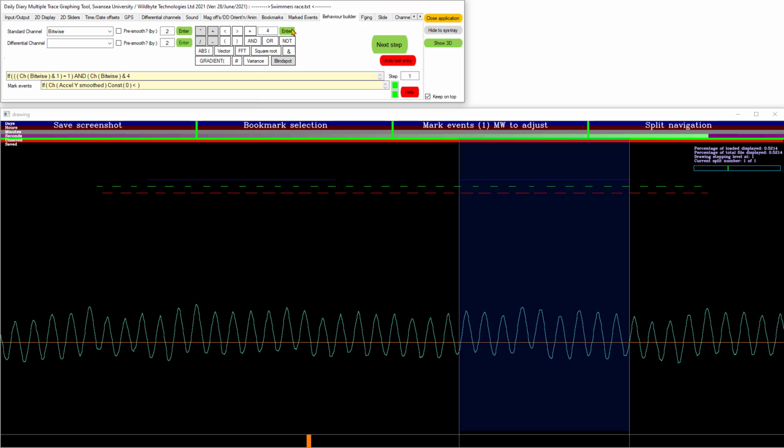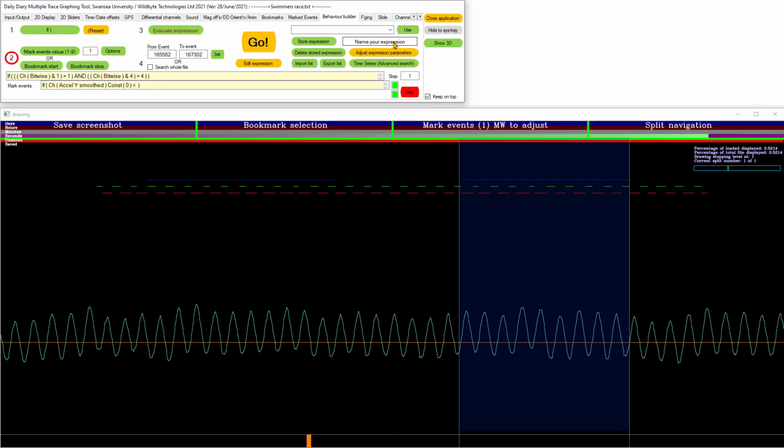I think 4, close bracket equals 4. So we need to go back and add another bracket on there. So open bracket, bitwise, and 4 close bracket equals 4 close bracket, final close bracket, so the brackets are balanced from start to finish. Next step, evaluate,